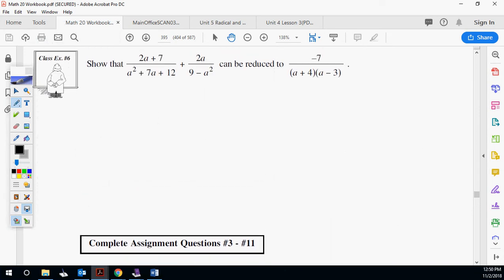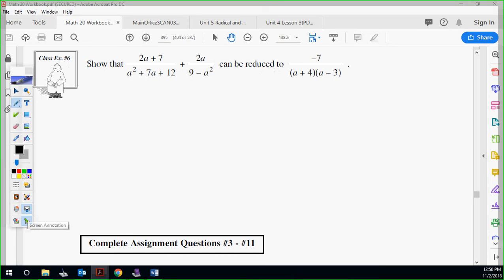All right. Okay, so this is the type of question that I do in the workbook. They say, here's what I want you to do. Show me the answer is this. Okay, that's what they're saying. So you know what the answer is. You're trying to get there. Okay, so what we're going to do is